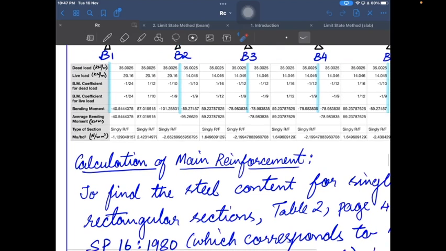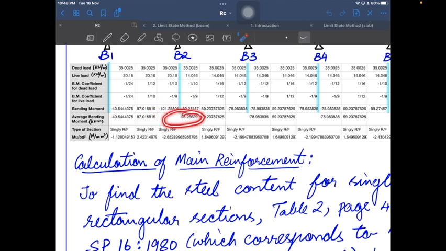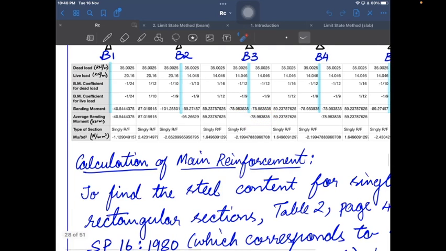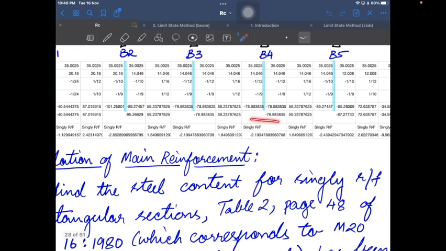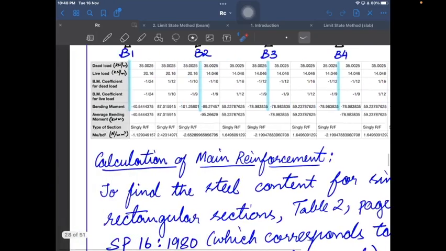Average bending, there is a rule. If our bending moments at one side of the support are different from the other side of the support, we have to take the average of those two, and we have to design our beam for that average. So at the supports we take the average, and at the middle span we take it as it is, and at the end support only one value is there, so we just take the same value. I hope you get it. Only at the supports we have taken the average.